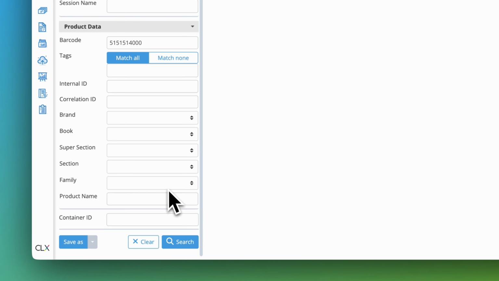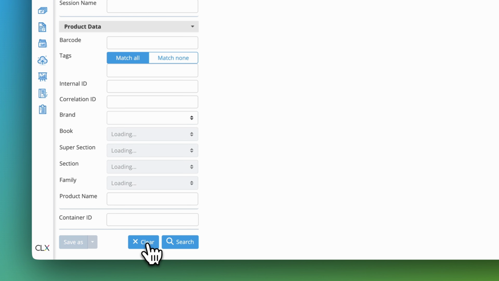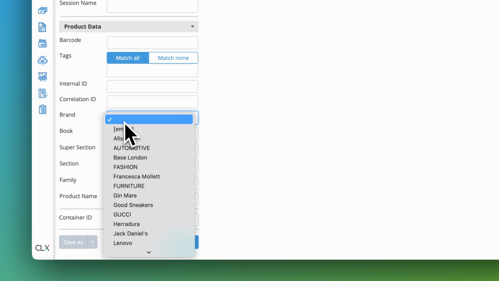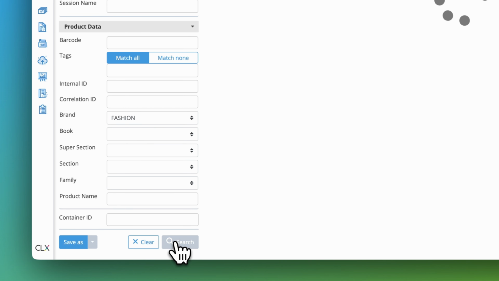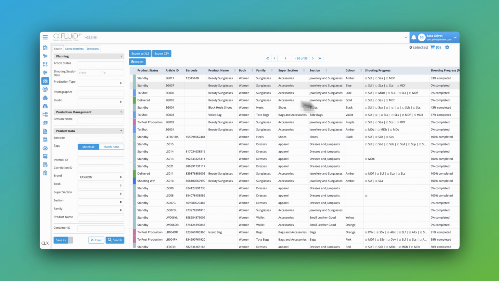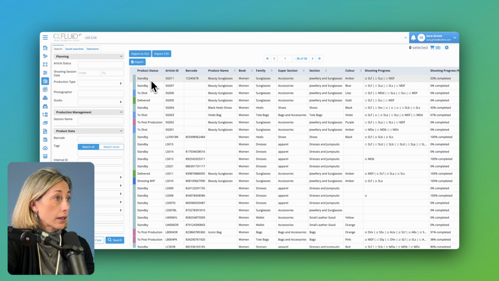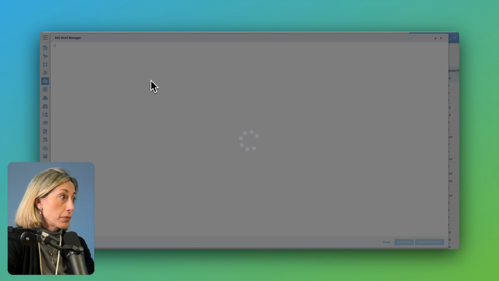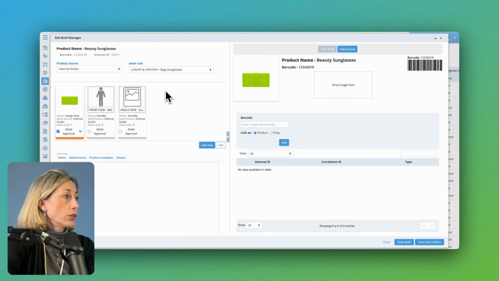Or we can search for a specific brand or category. All these fields are customizable, and every product has a product card in which you can set the guidelines, the shooting guidelines,